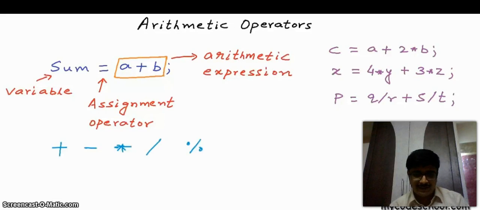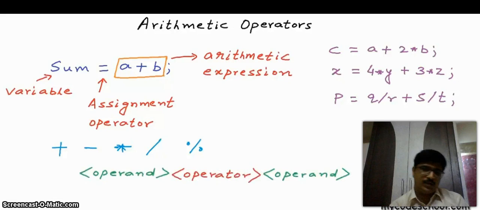We have discussed these five arithmetic operators. All of these are binary operators. An operator that operates on two operands is called a binary operator. An operand by definition is an object on which an operation is being performed. For all these operators, we must have an operand on the left and another operand on the right. The operator itself would be in between the operands, which can be a constant, a variable, or a complex expression. Operands can be an expression itself.